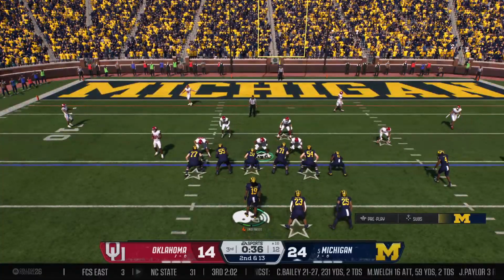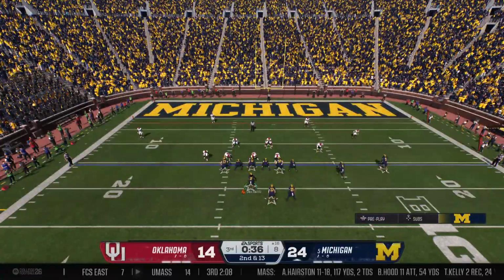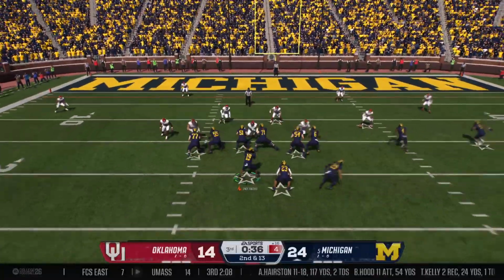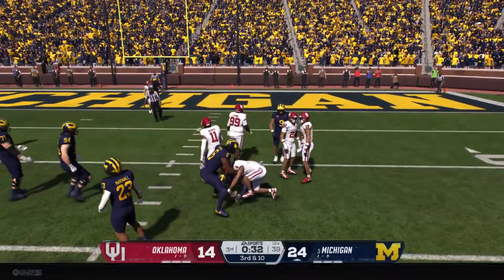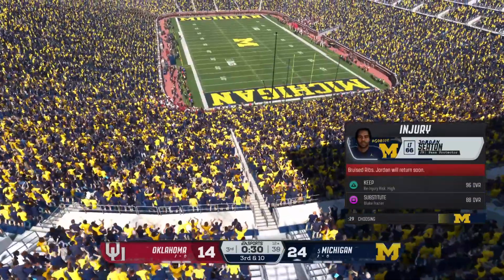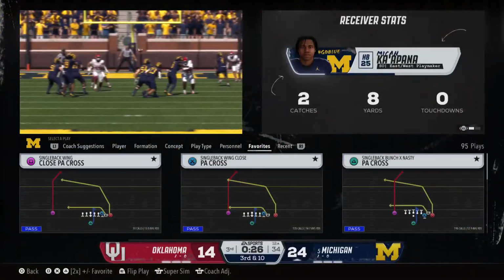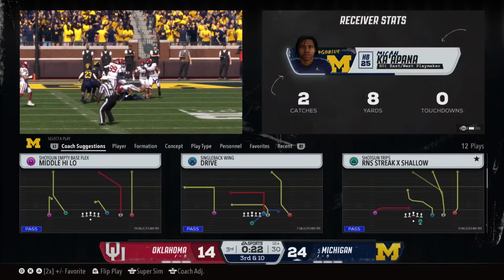Got some work to do on second down after that last one. They need 13. Wants to go up top. Quick pass to Micah Kapana. 3-yard gain. It'll be 3rd and 10. Jordan Seaton has bruised ribs. We'll keep Blake Frazier in for now. Pick his way for just a little bit. Needed a little more help to spring him for some yards.